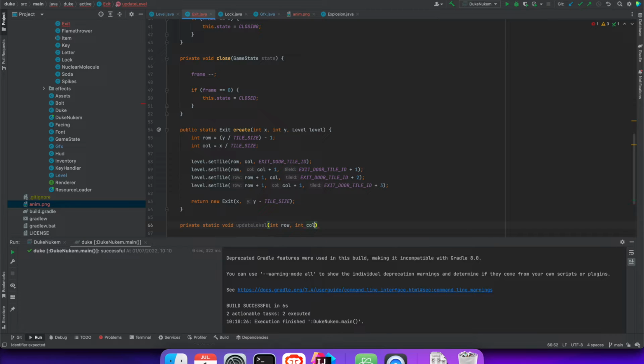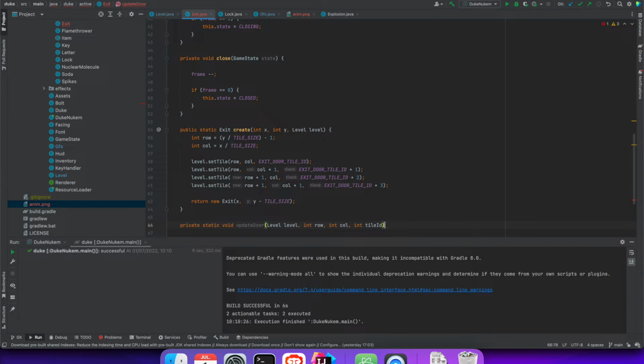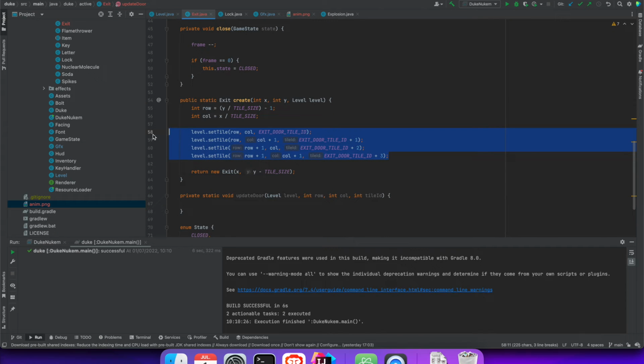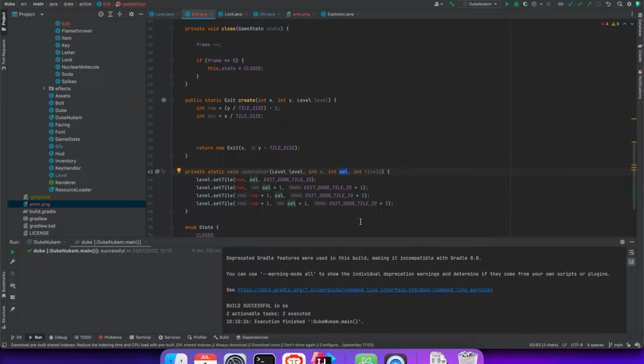Row goal, and then int tile ID. So update door or something, and then in the level, we can move this over to here. And I'm guessing if we just do X, Y here,